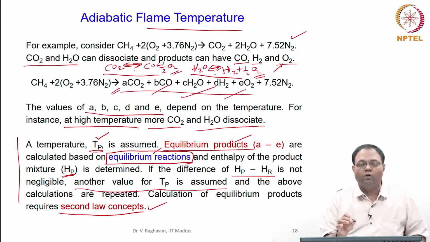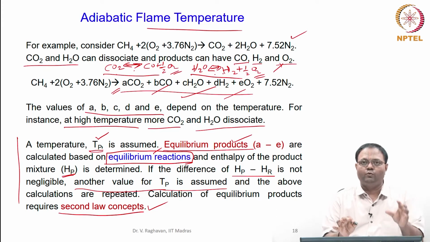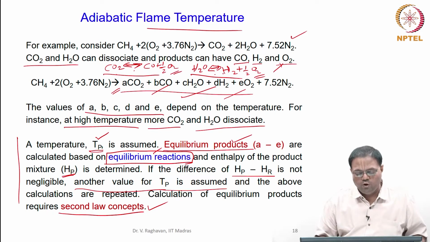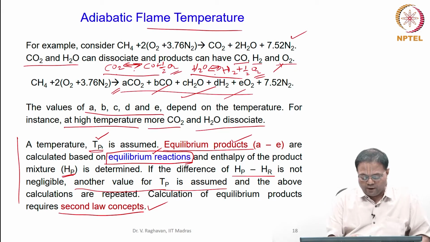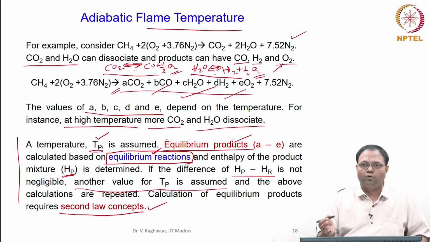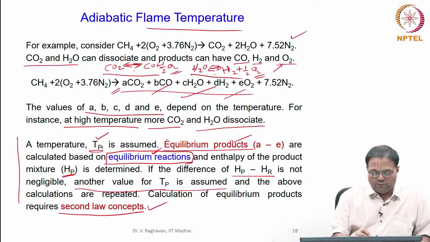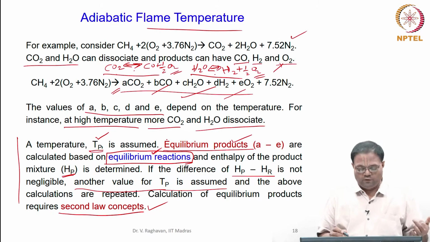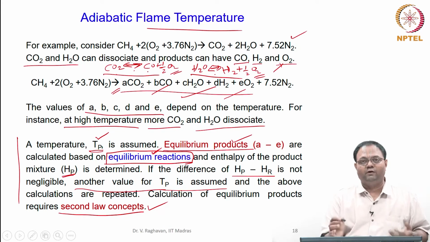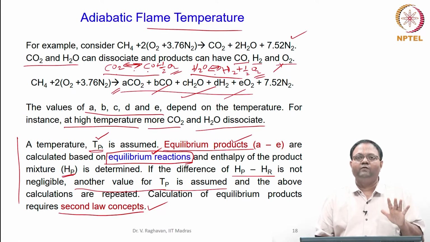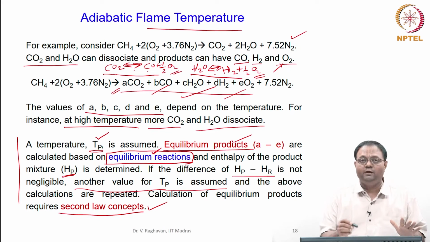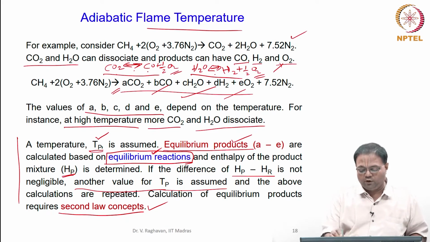They are molecular level equations. We have already discussed the dissociation. So it's a molecular level dissociation. One CO2 molecule dissociates to CO and O2. So now the equilibrium reactions should be used. These 2 equations should be used somehow, and the 2 more equations which are required to complete the set of equations should be produced. For example, 3 atom balances will produce 3 equations. So 2 more equations from these 2 equations can be generated, so that 5 equations are available for the 5 unknowns A, B, C, D, E, and you can solve them to get the product information.